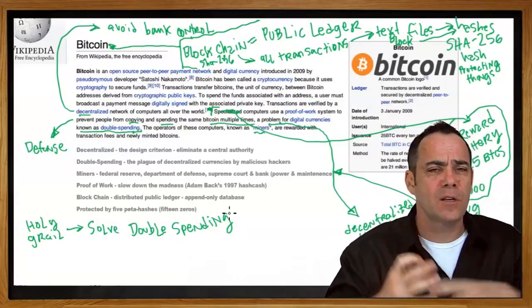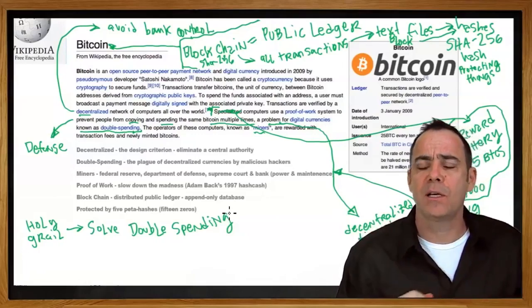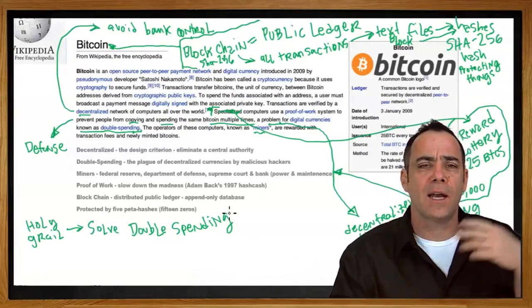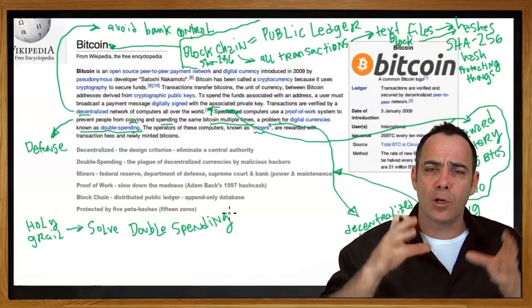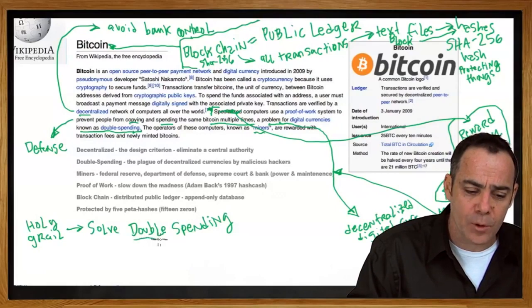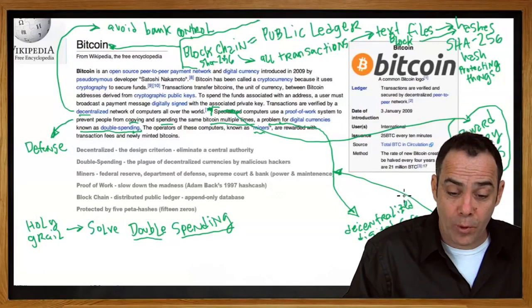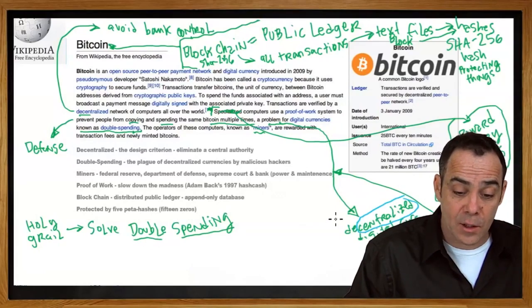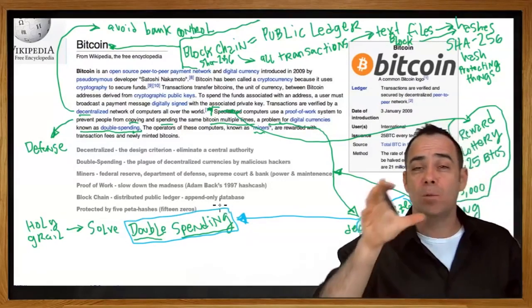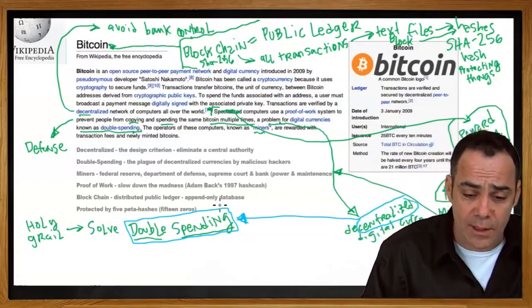Everything else was sort of considered. People understood that you probably use digital signatures, right? People understood that you were going to use other forms of transacting and how the protocols were going to work and how you're going to send the signals around. But they were stuck with this major problem of double spending. Every system that people came up with was either centralized or had this huge failure mode of double spending. People could spend the same Bitcoins or the same coins in the system more than once. And we'll talk more about that as we start to figure out the system, but let's keep reading through this